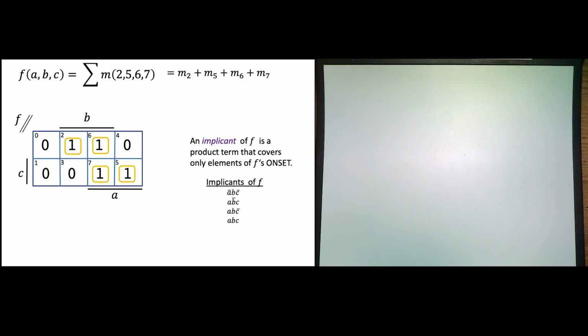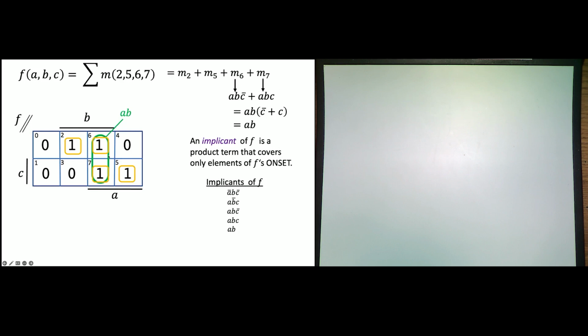But I could also make some bigger implicants that correspond to smaller product terms, doing essentially what we did before. So before we combined these two, remember we factored out the AB, and we ended up with just a product term AB. And in fact, that corresponds to merging those two cells.